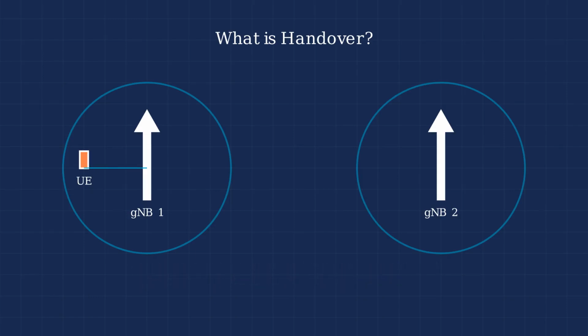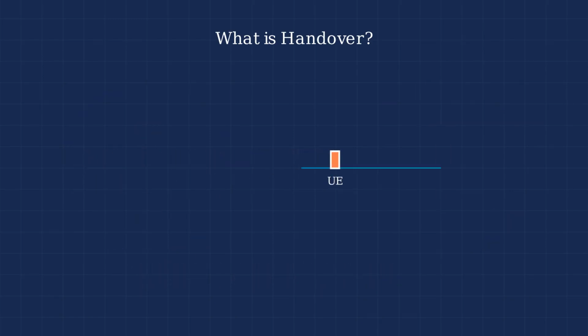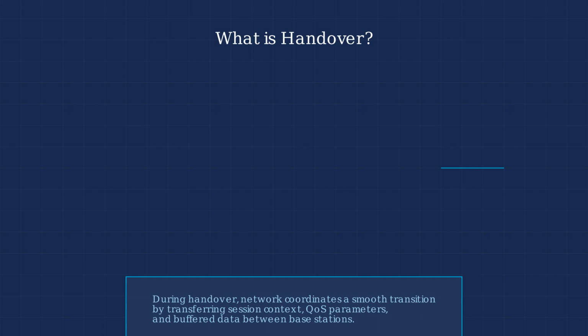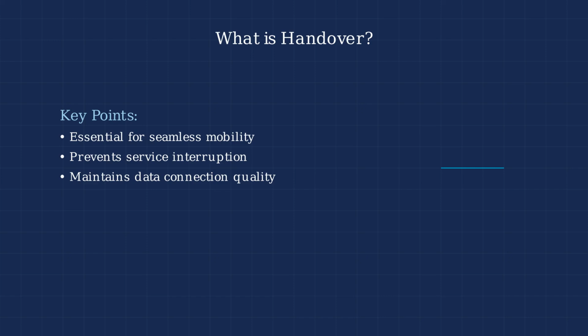As a user moves from one cell to another, the network must transition the connection without dropping data or disrupting service. During handover, the network coordinates a smooth transition by transferring the session context, quality of service parameters, and buffered data between base stations. Handover is essential for enabling seamless mobility in 5G networks, preventing service interruption, and maintaining connection